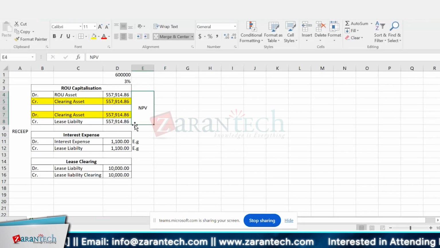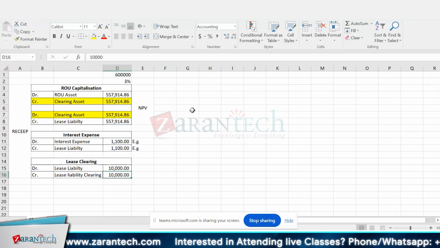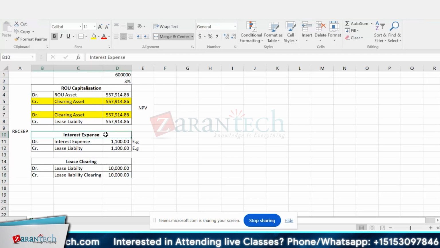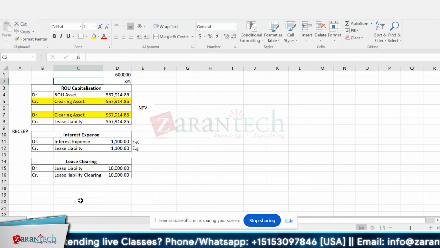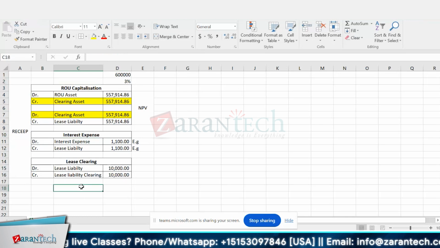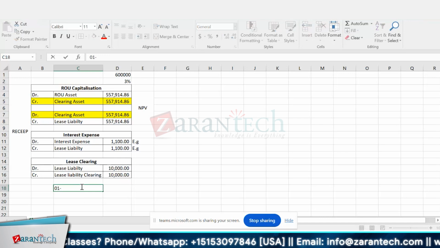Let's say at the start of the month I have posted the interest, whatever amount is there I have posted it and parked it to the lease clearing account. But is it necessary that I'll be receiving invoices from the vendor on the very first day of the month? Correct. Now let's say I have done all of this posting on 1st of Jan